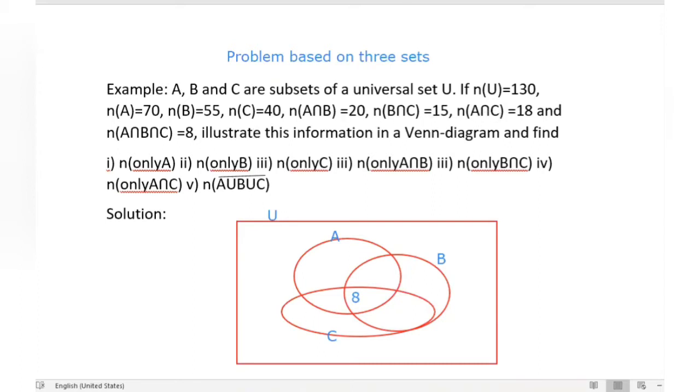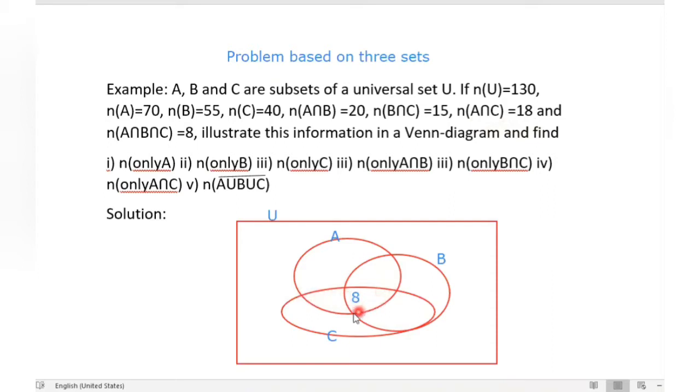Now A intersection C, this portion is A intersection C, 18. See very carefully the area in which I am taking this spotlight.